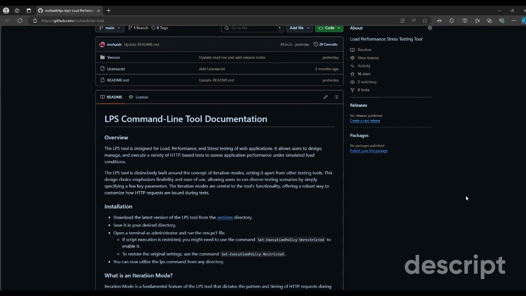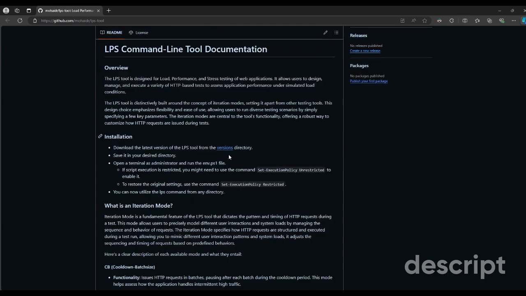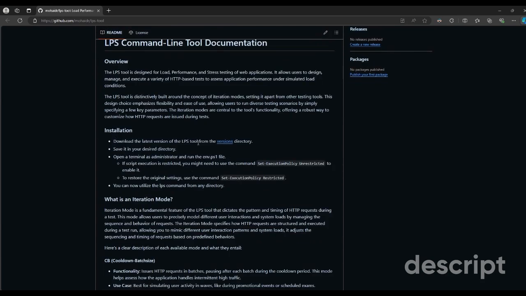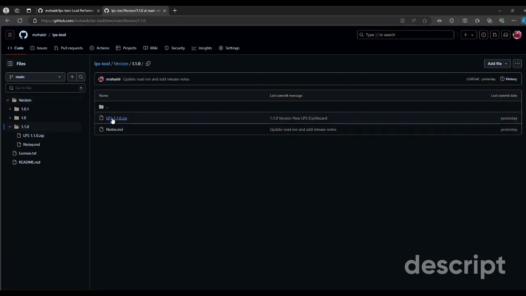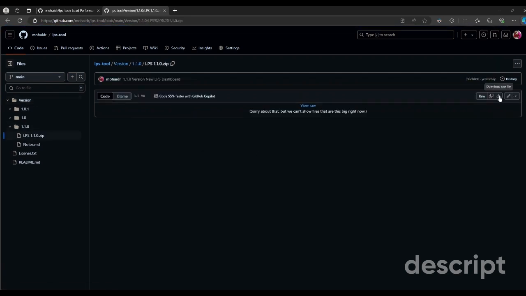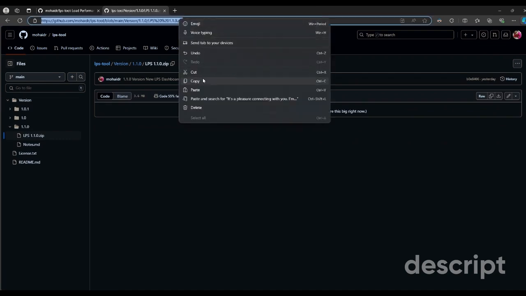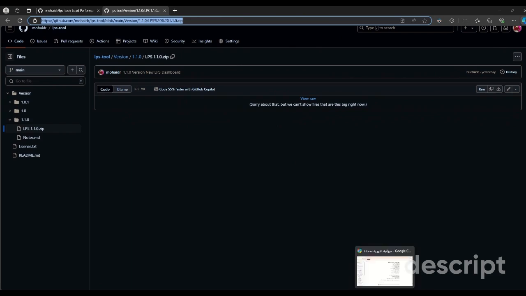It gives you the flexibility to test different load testing behaviors, for example performance testing, stress testing, durability testing, and so on. First of all, we are going to go through the installation of this tool. You will need to go to the versions folder and install the latest version. Inside the latest version, you will find, let me take this to